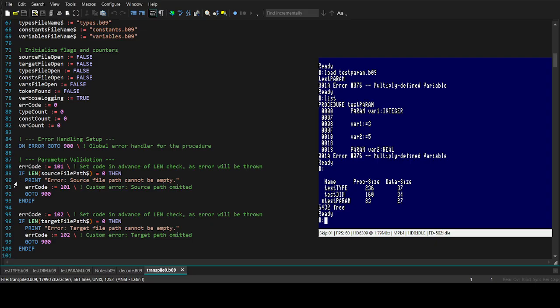Now the problem is these three statements are never going to be executed. Why? Because the on error is already set to 900. When it gets here and it tests for the length of source file path string, it's going to generate a parameter error because a zero length string means no parameter. It will automatically go to 900. Okay? It may process this error code message, but if you go down to 900,